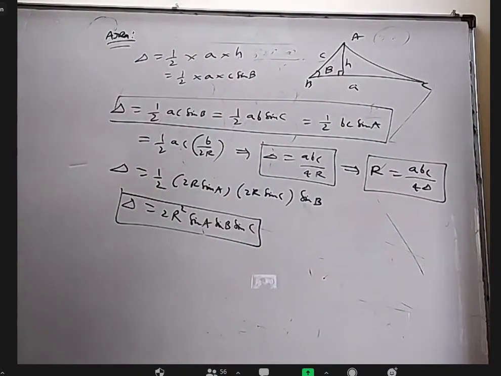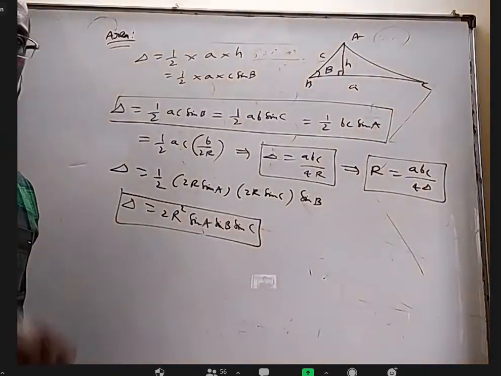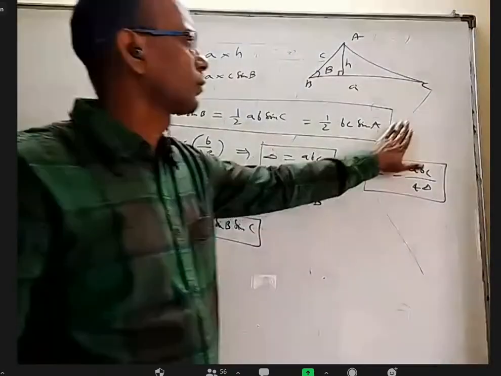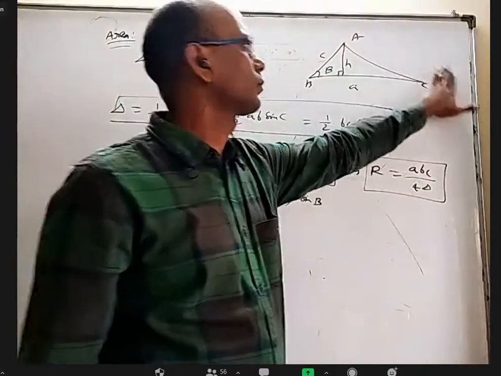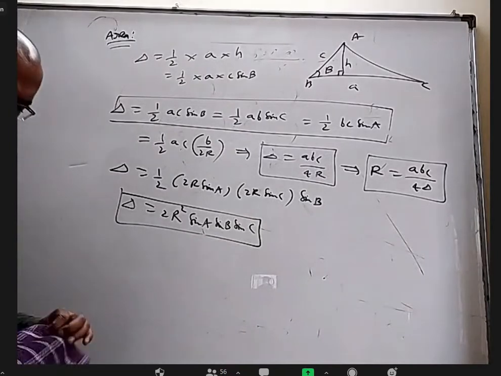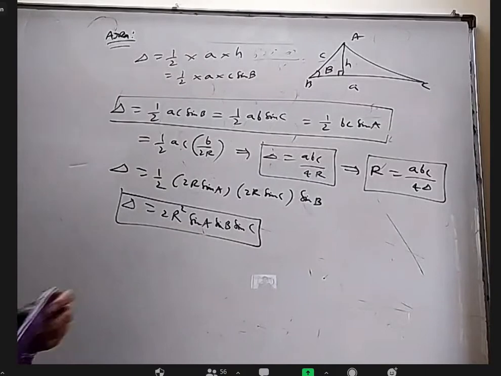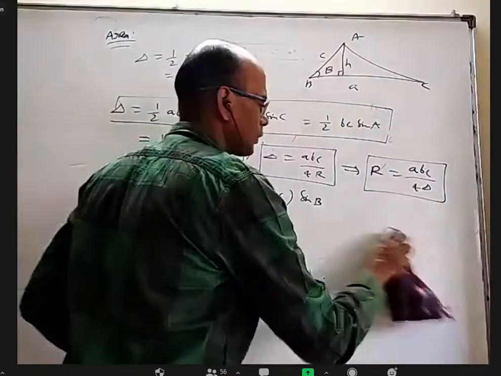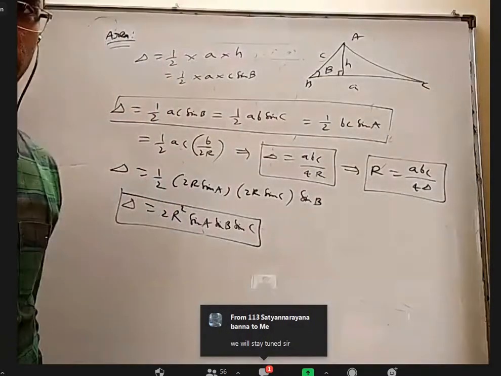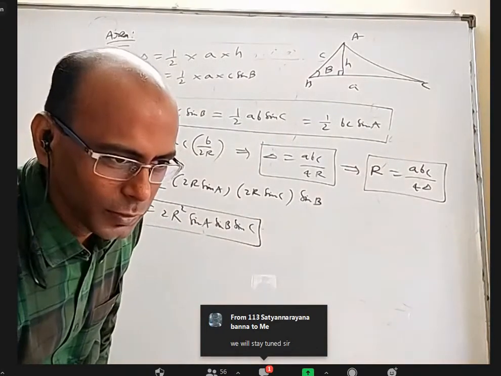We have not yet derived Heron's formula: root over s into s minus a into s minus b into s minus c. We will derive it, but first derive some more formulas and use them. Of course, Heron's formula existed much before; somehow they call it Heron's. Even before Heron's great grandfather was born, it was there in India. They were using it in Indian Vedic mathematics.